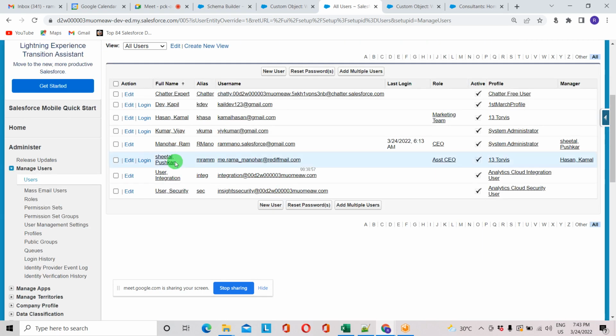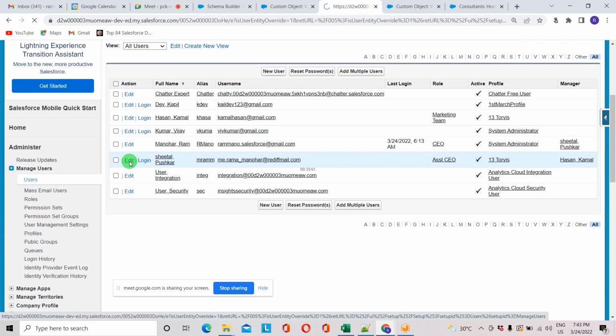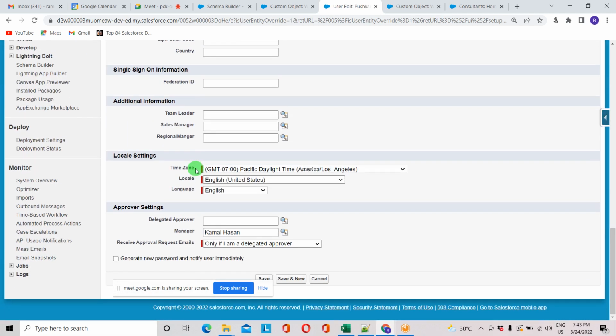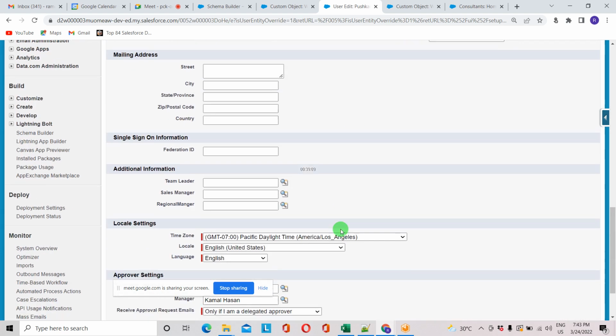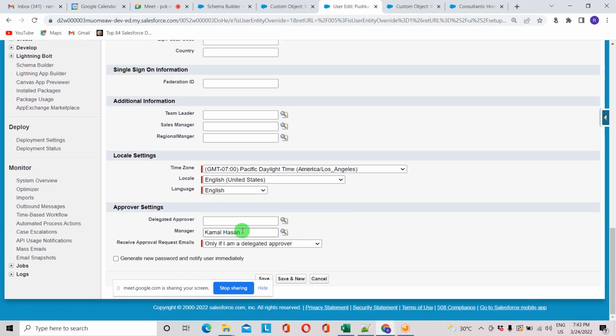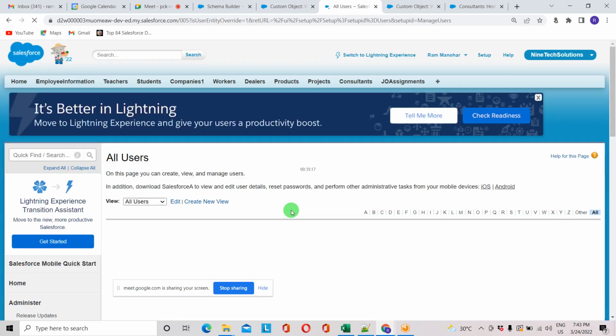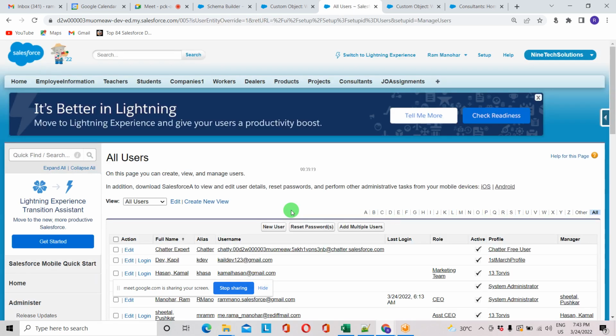Yes. Now for this user, I can give the manager as Kamal. So as per hierarchy, the assistant CEO is reporting to this guy, Kamal. So whenever you are preparing a hierarchical relationship, you can do it here itself, or else you can go to